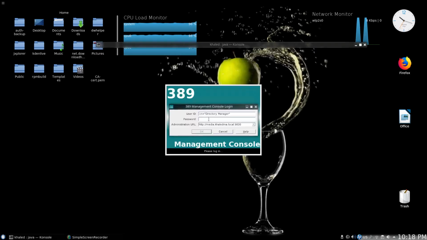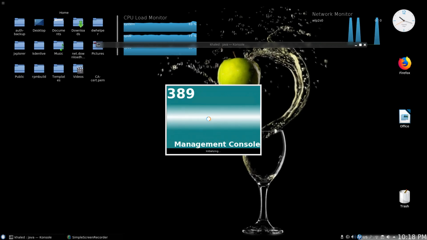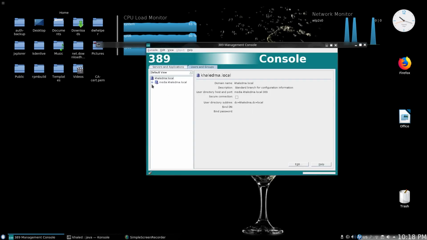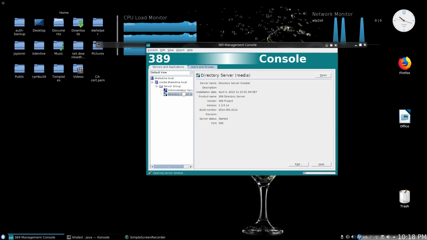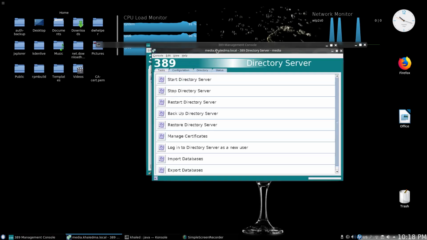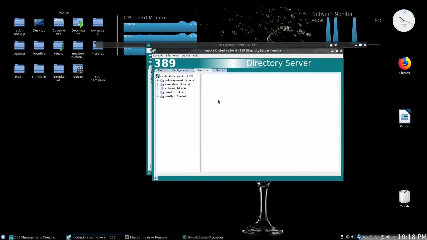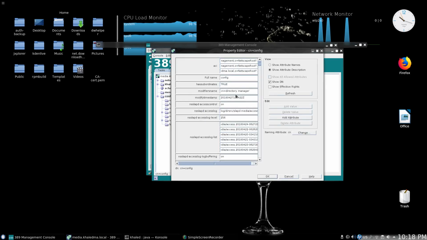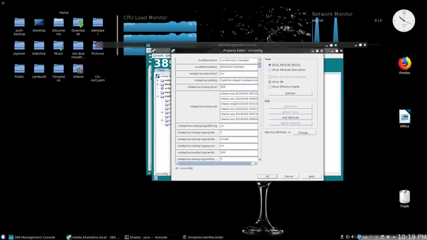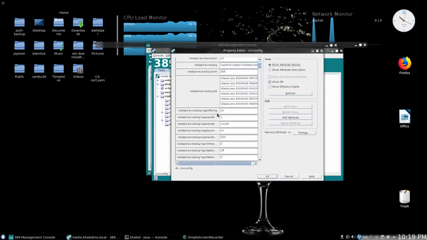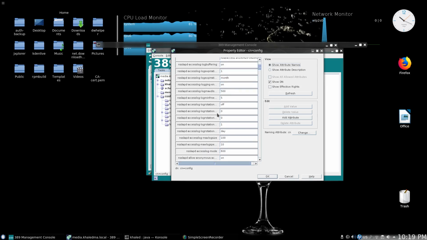And just login as Directory Manager, and just expand the trees and double click directory server, directory and double click the config entry. Then you have to look for the attribute nsslapd-allowed-sasl-mechanisms,